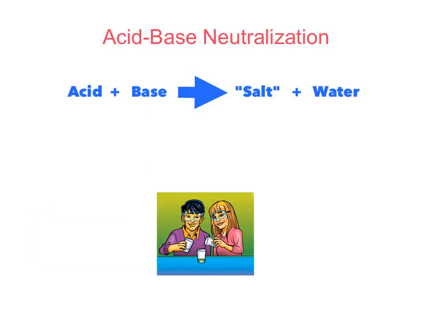Titration involves an acid-base neutralization reaction, which we remember is an acid reacting with a base. They neutralize each other, break each other down to produce a salt and water. The salt is just a general term for any ionic compound. And so we can do our own little acid-base reaction. If I just picked the weak acid, acetic acid, HC2H3O2, reacting with the strong base, NaOH, then what that